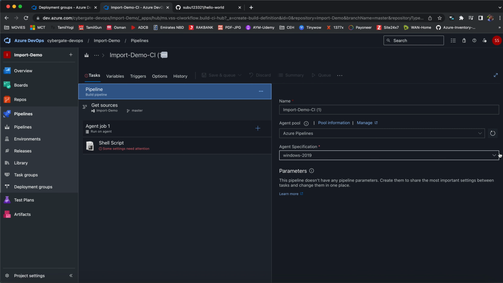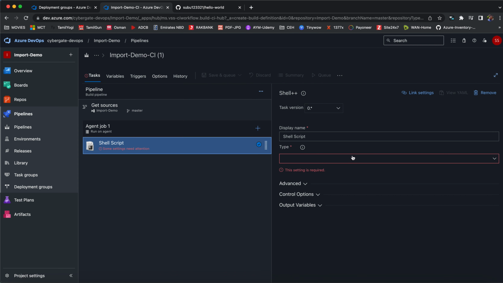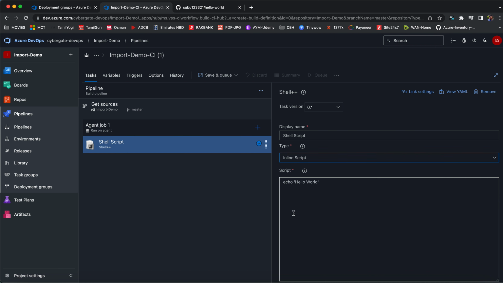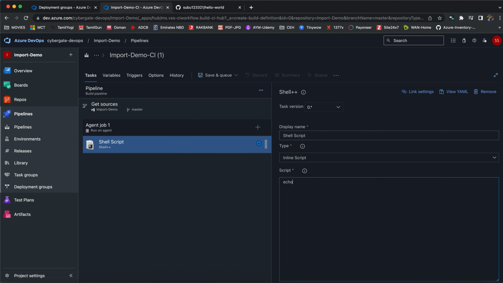Let me change this to Ubuntu, and then I'm making it inline, and here I'm just saying echo the DB username is $. Okay, and the same goes with the password. The DB password is